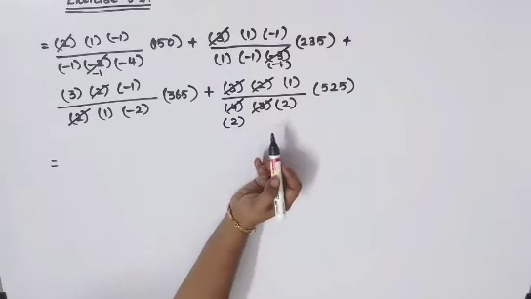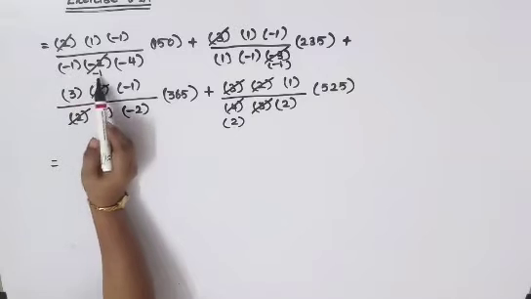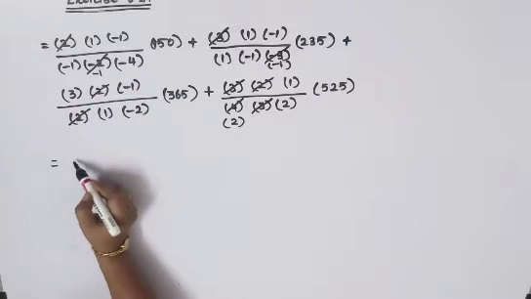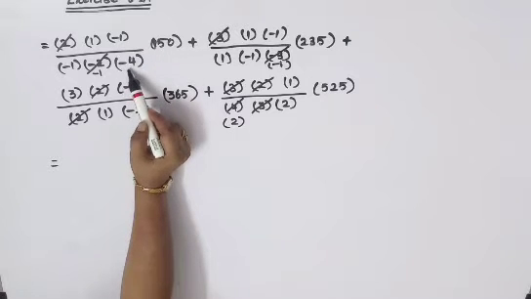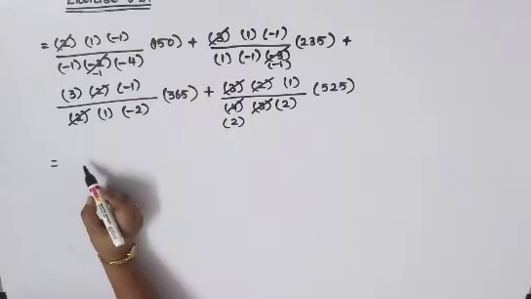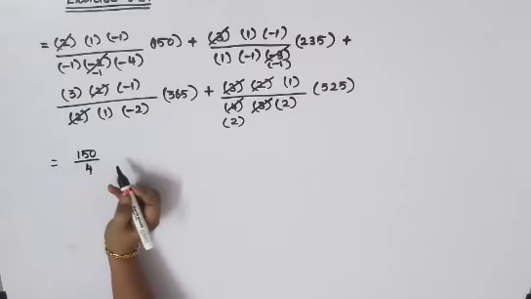So now just go for your multiplication. Check your symbol before that. Here minus in the numerator, denominator also again minus. So minus into minus will become plus only. So left out terms are 150 and this 4 is there. So you can write it as 150 by 4 for your first term.